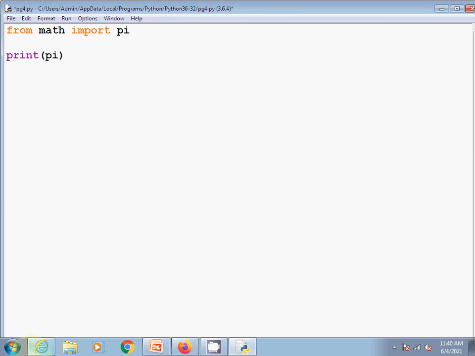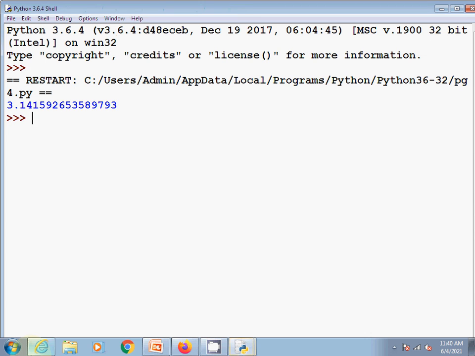I'm not using the module name here while accessing. Directly I'm accessing pi here. Okay, see the output.